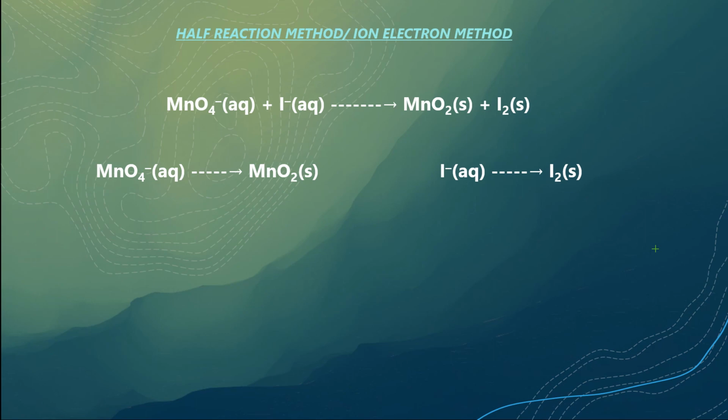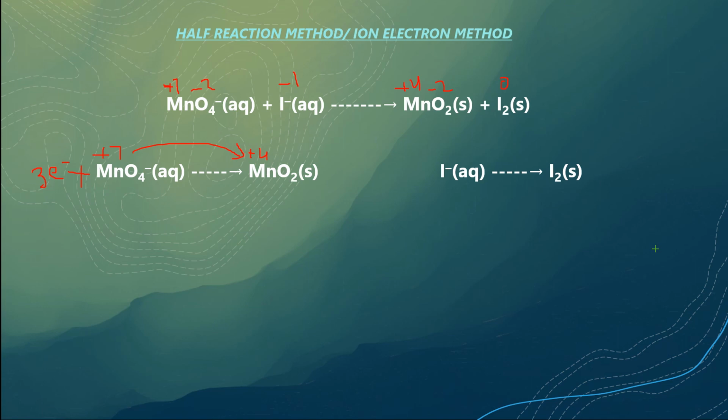Let's do it by the second method. Half reaction method. In this, we already have done it, so we can be a little faster. Plus 7, minus 2, minus 1, plus 4, minus 2, 0. And I have separated this reaction, MnO4 minus giving MnO2, that is taking 3 electrons. So what will I call it? Reduction half or oxidation half? Obviously reduction half, because plus 7 is changing to plus 4. 3 electrons are taken up.